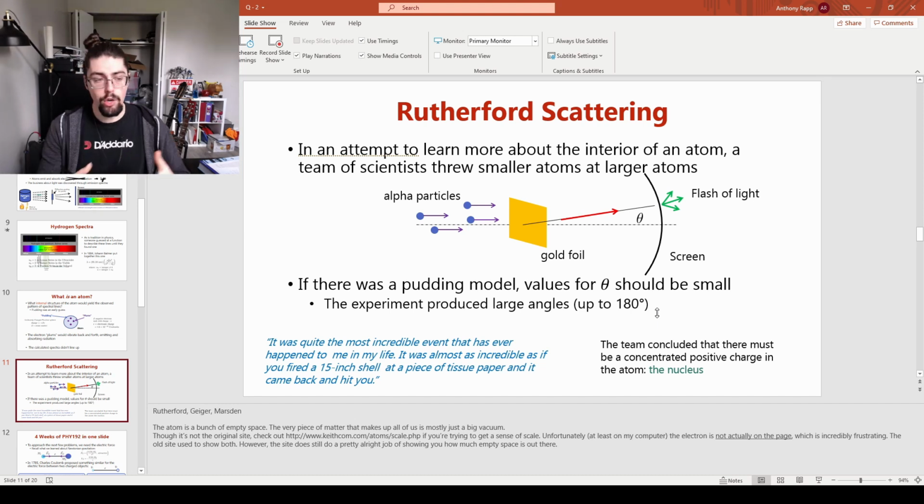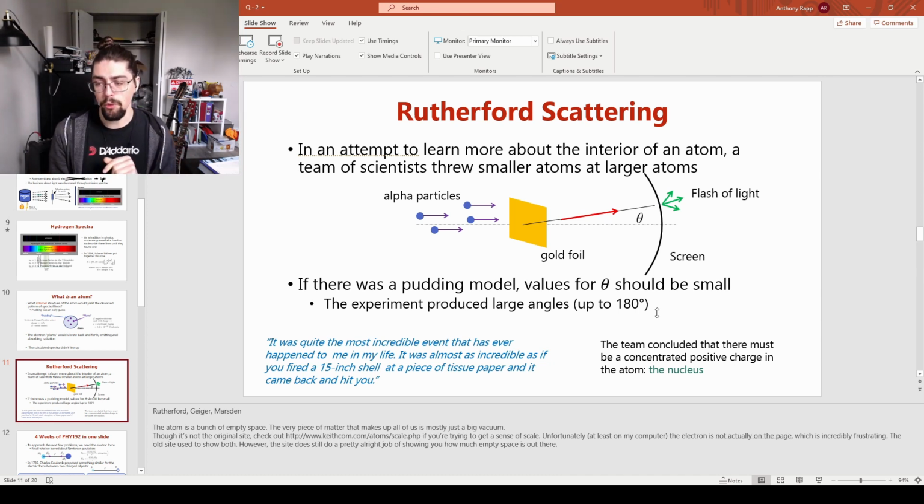Then we put a screen all the way around it to see, okay, when the alpha particle hits the gold foil, if it deflects in some way, then it should light up the screen. That high energy collision essentially just lights up the screen. It's made of phosphorus or something else like that. And the expectation here was that we were probably going to be reflecting a lot of these things back off. But